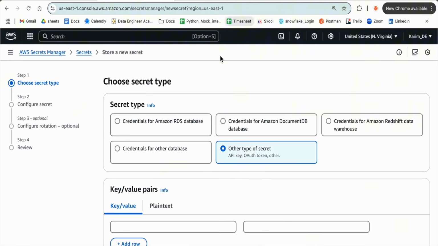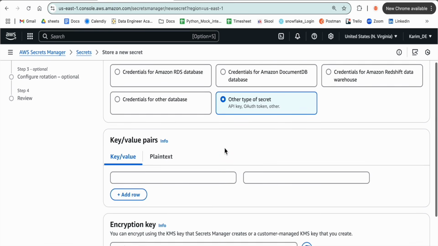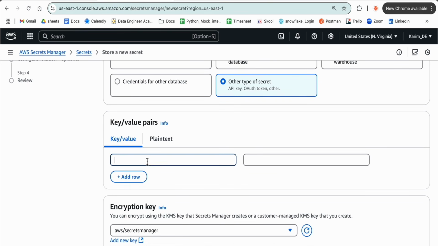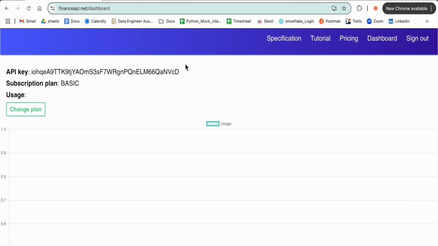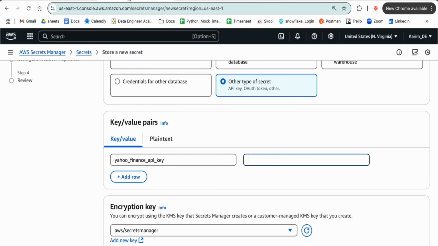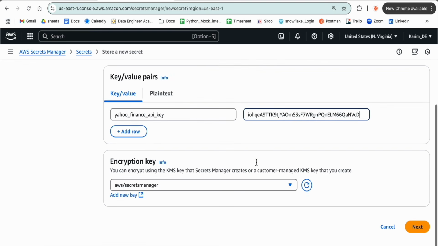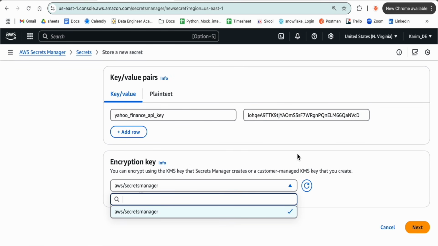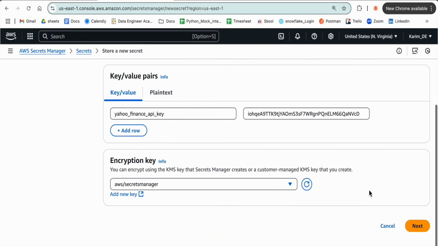So select the other type of secret here, which gives you key and value pair. Key, you can choose what key you want to use it in your code. So the name that you write here will be probably the name you will be using in the code by masking the actual API key. Let's just type it. And copy the API key here and just paste it in the value there. You can have your own key and value names here, and you can click on next,